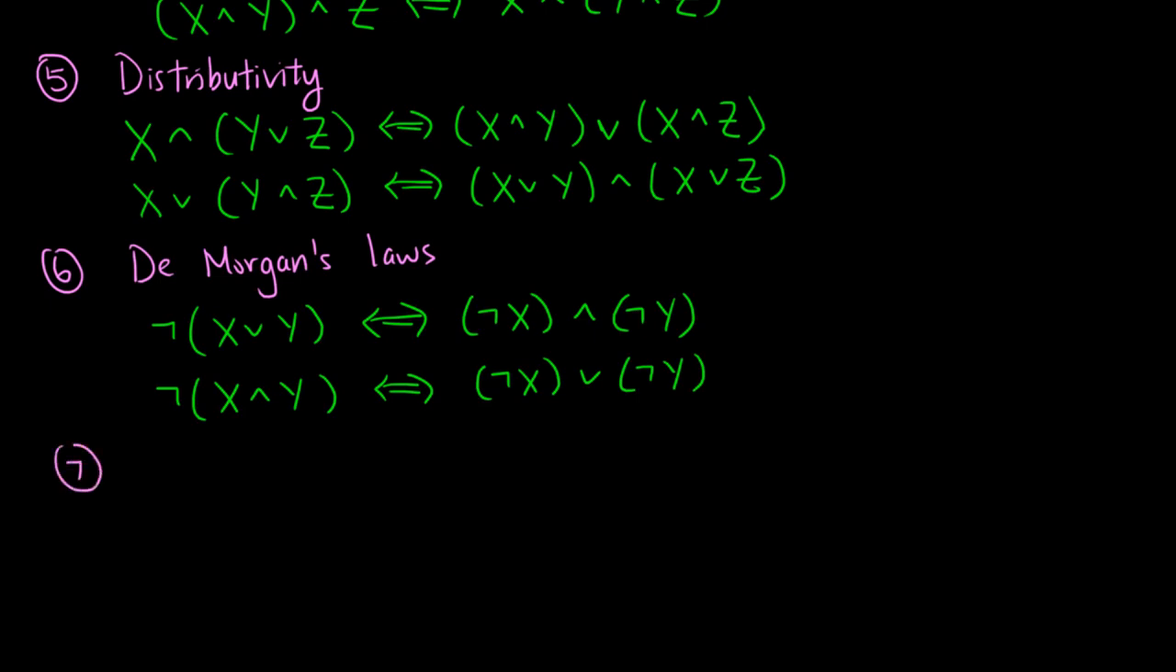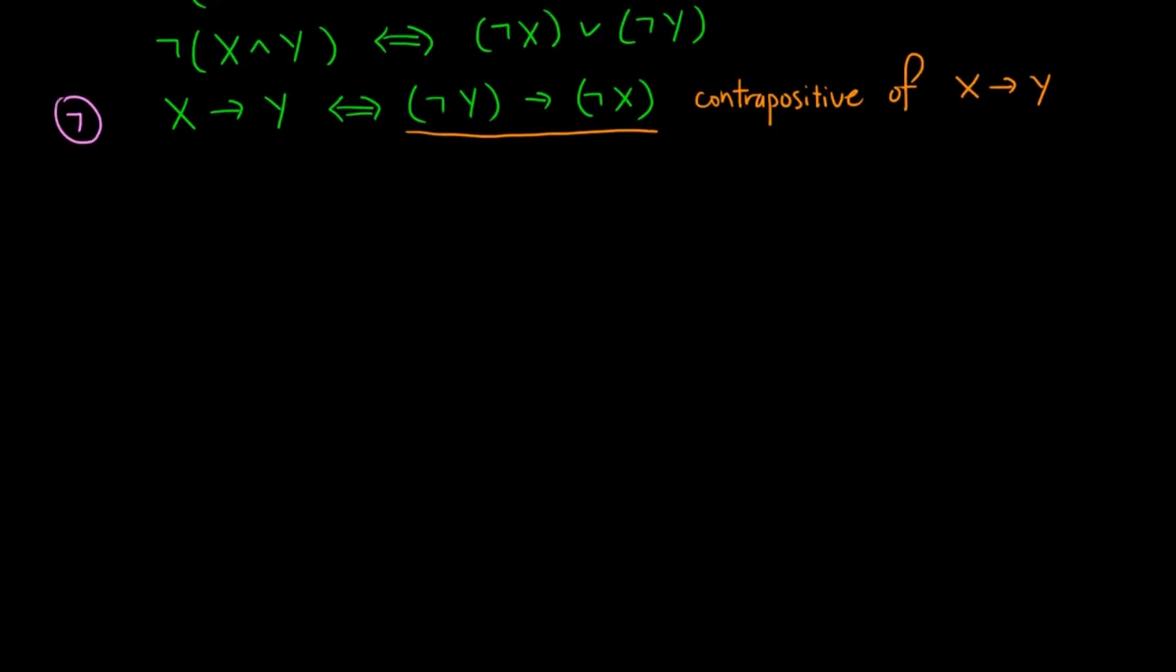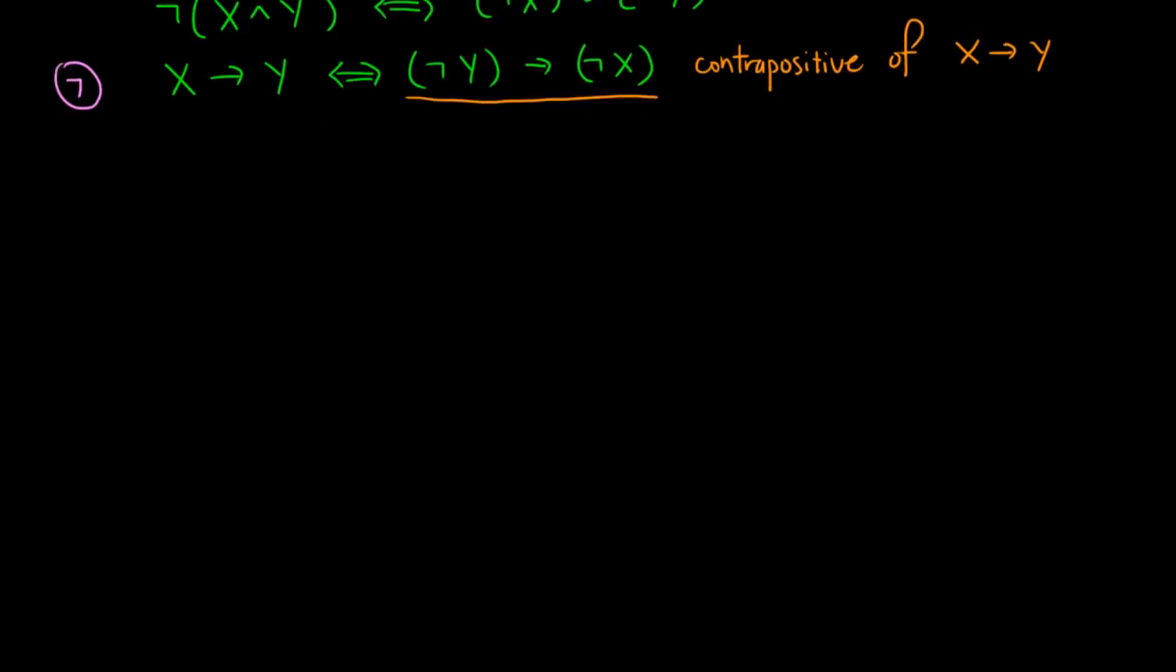The last property that I want to talk about is perhaps the most important of all, and it involves the conditional x → y. The property is that x → y is equivalent to not y → not x, which is called the contrapositive of x → y. While we can use truth tables to prove it, we can arrive at a result faster by using the above properties. Since we have a conditional, it is natural for us to apply